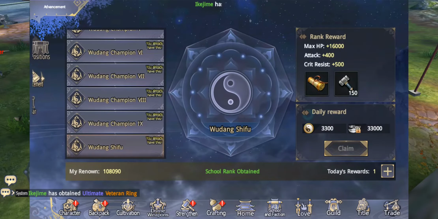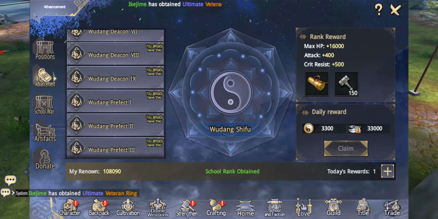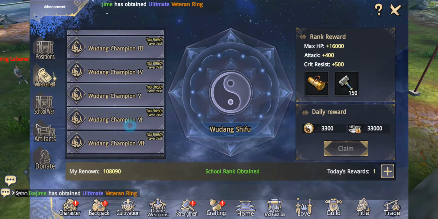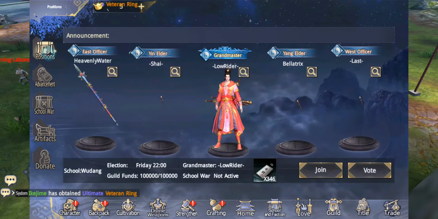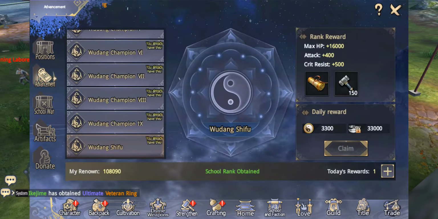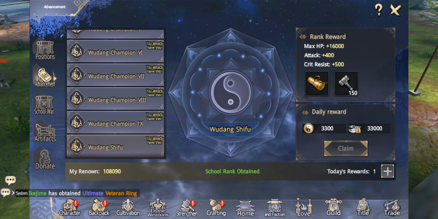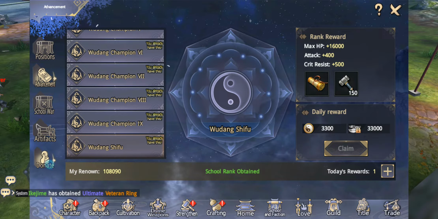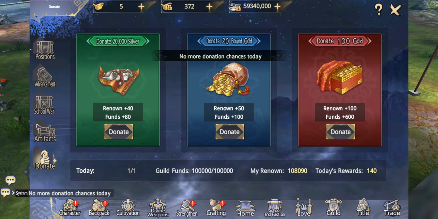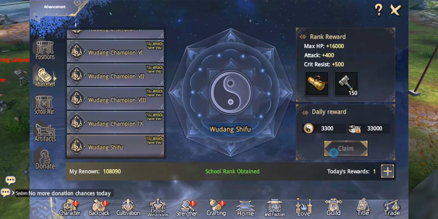School achievements. Okay, so you'll get Temper Hammers as well from completing this. Question is, how do you complete this? Well, it's simple. I think I've already done it for today, but you'll be able to donate at school. And then here's the donate tab. You'll be able to donate at school, and then you'll be able to go back onto here and claim some